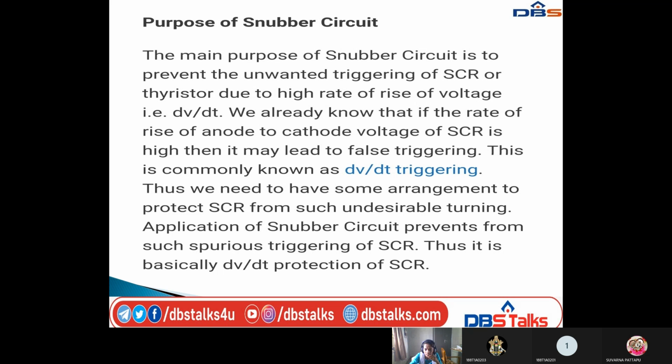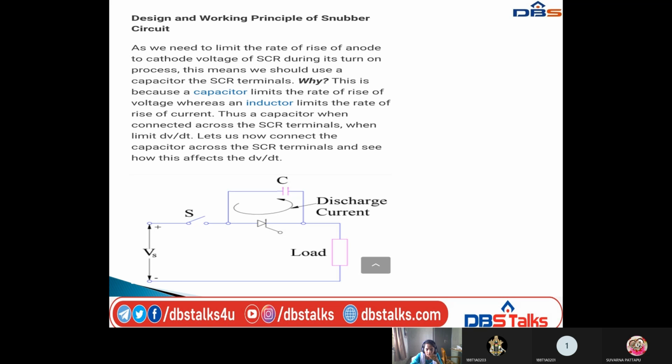We are using a snubber circuit. Okay, so the design and working principle of the snubber circuit. Here, we need to limit the rate of rise of anode to cathode voltage of the SCR during its turn-on process,